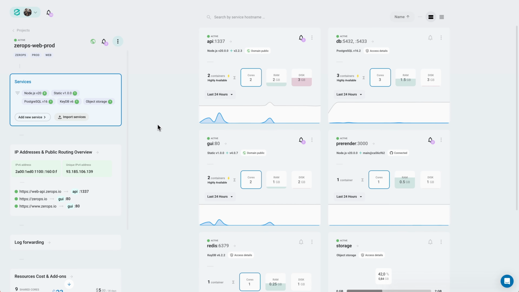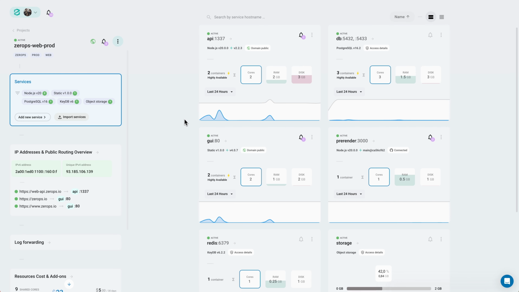Each project in Xerops is a private network created using a VXLAN and isolated at the kernel level with cgroups. This ensures that the project acts as a black box where nothing leaks outside and nothing can access the inside, providing a high level of security and isolation between projects. Services inside a project can securely communicate with each other simply by using their host names and ports. They can also read and reference each other's environment variables.